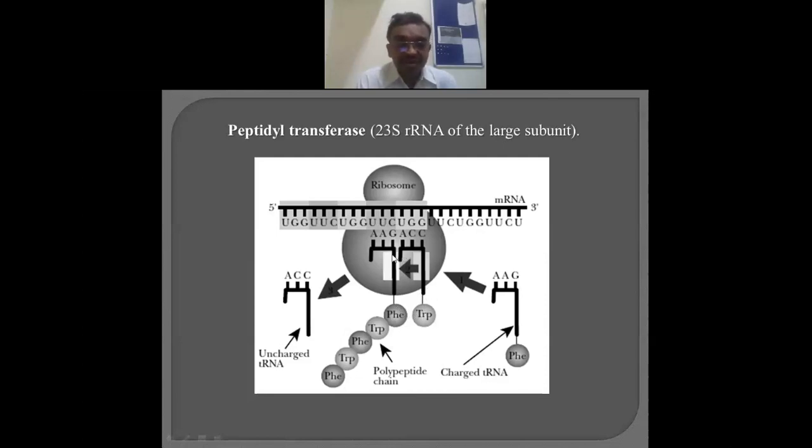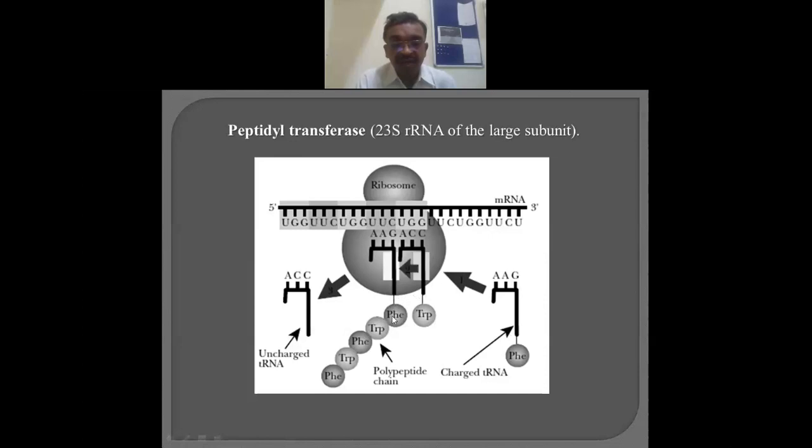And when it moves, the free amino acid, for example, here it goes here, and the whole small peptide is shifted onto this, and this tRNA becomes free. Once again it is available for charging. This is now uncharged. Depending on the requirement, it is going to be charged once again, and then it waits for its turn. Which tRNA should be specifically bound here is decided by the codon, and for the binding purpose the ribosomes are there. Now in that way, when this amino acid comes here, the small peptide is shifted here, and in that way tryptophan comes here.